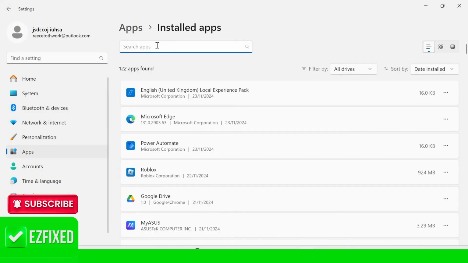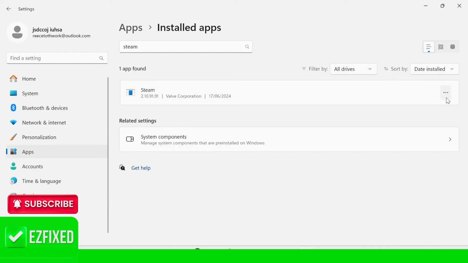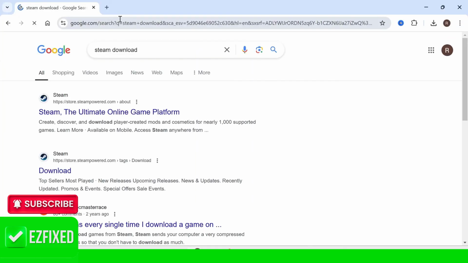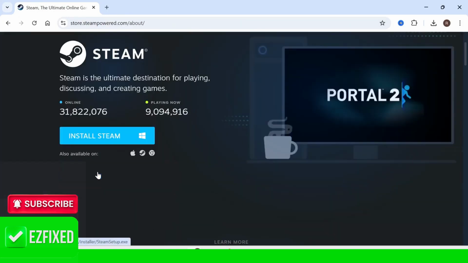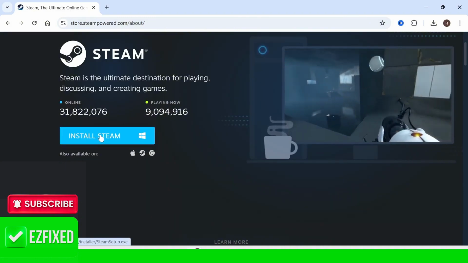Using the search box, type in Steam, and then you just need to select the 3 horizontal dots and click uninstall, and then go ahead and uninstall this application from your computer. Once you're finished, you just need to head back over to an internet browser and you need to re-download Steam from the official website. So just click on this Install Steam button here and go through the steps to reinstall